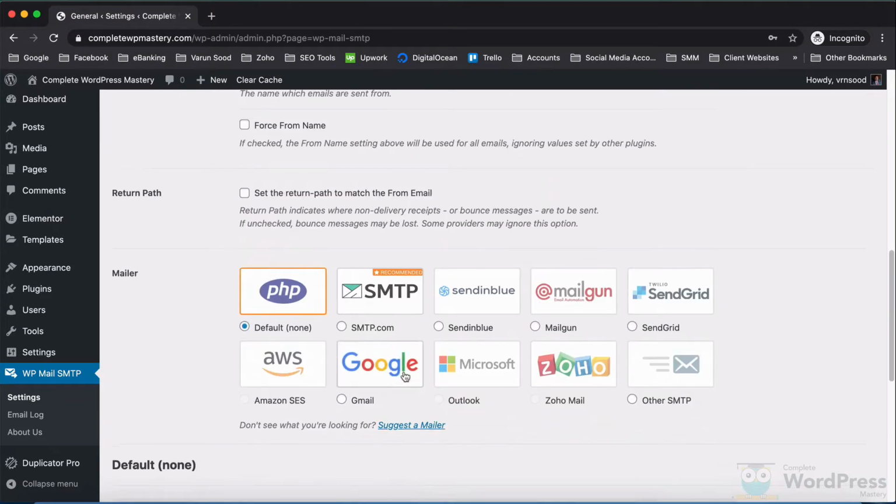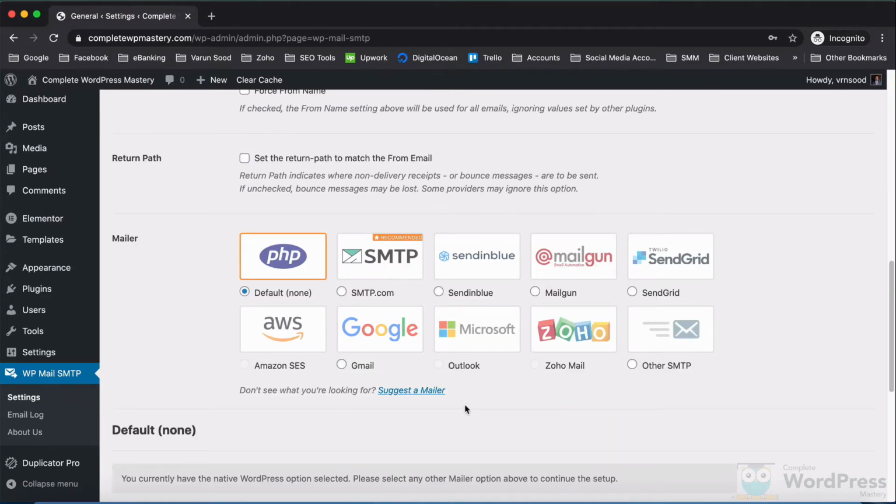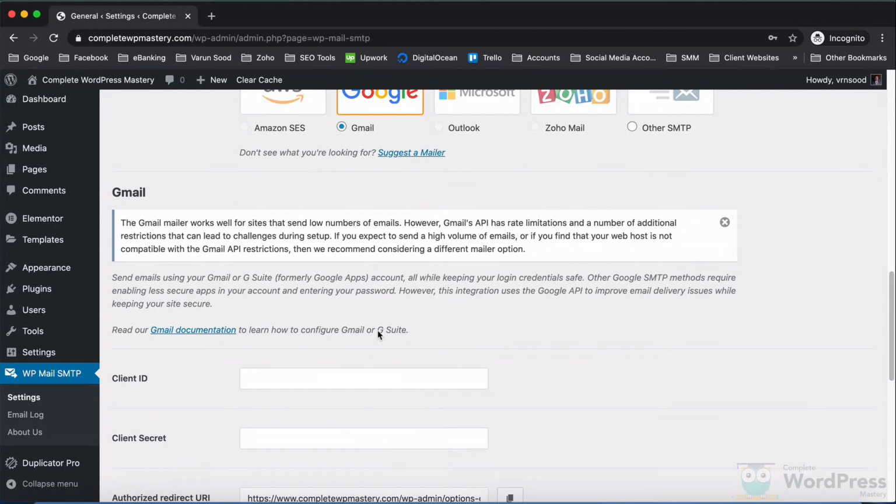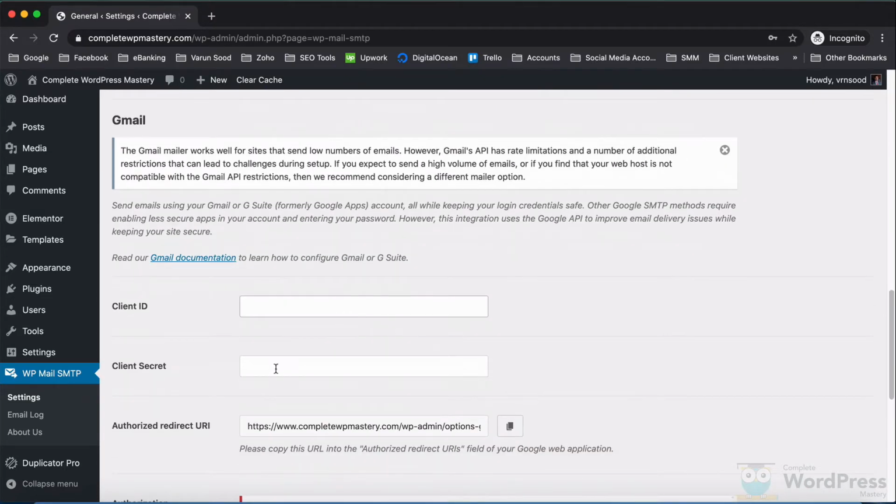Since we want to configure this plugin to use our G Suite account, we'll select Google as the mailer. For this configuration, we need a client ID and client secret. To generate both of these, you need to visit this link.